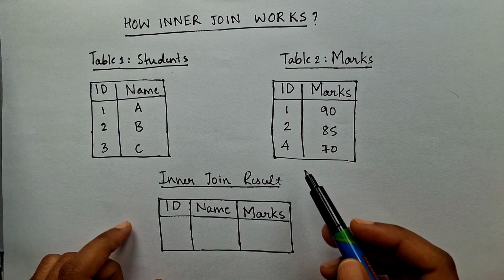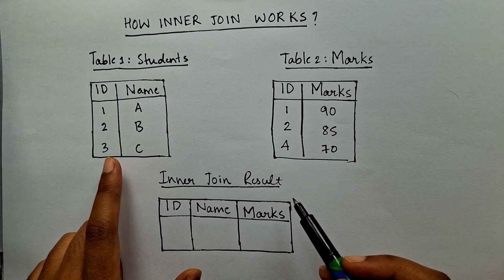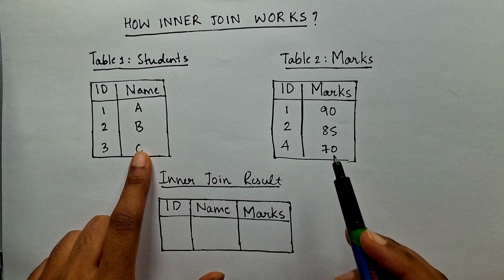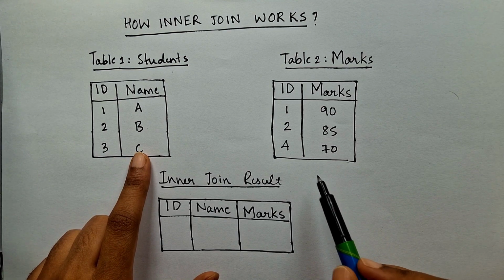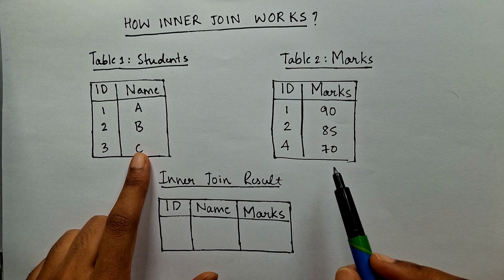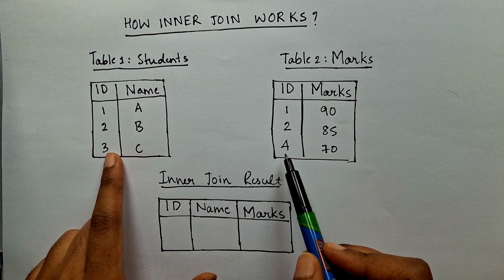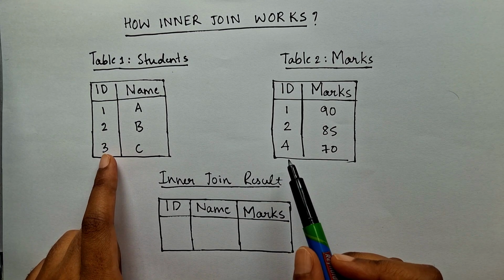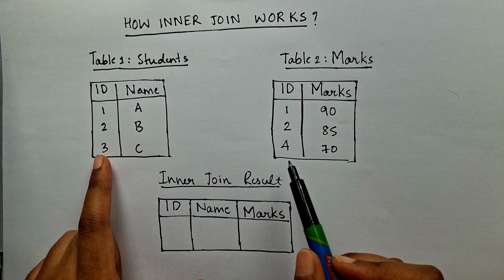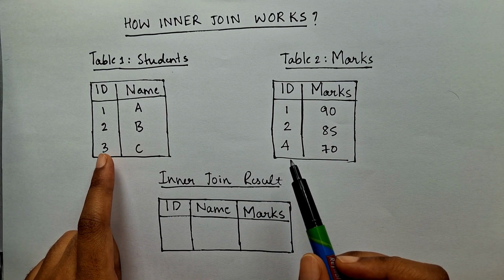Now let's understand how inner join actually works using a simple example tables. Assume we have two tables. The first table is students, which contains ID and name. The second table is marks, which contains ID and marks. Here, student ID is the common column between these two tables. Now, when we apply inner join on these two tables using this ID column, SQL will compare